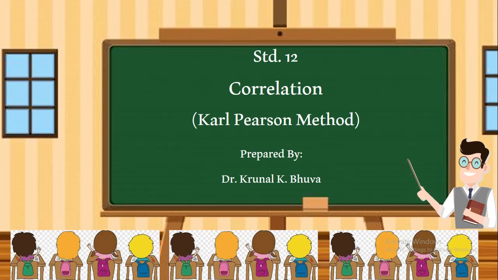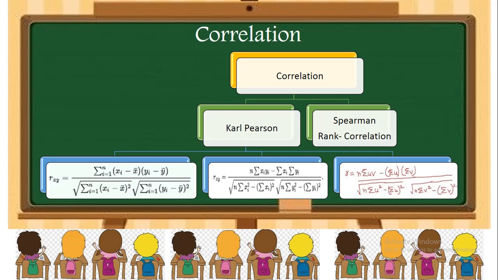So there are basically two methods of calculation. One is Karl-Pearson method and one is Spearman correlation method. Third is scatter diagram. But for the sake of calculation purpose, we have two: one is Karl-Pearson and the other is Spearman rank correlation. So let us see. Yes, as we discussed, the Karl-Pearson method and Spearman correlation.